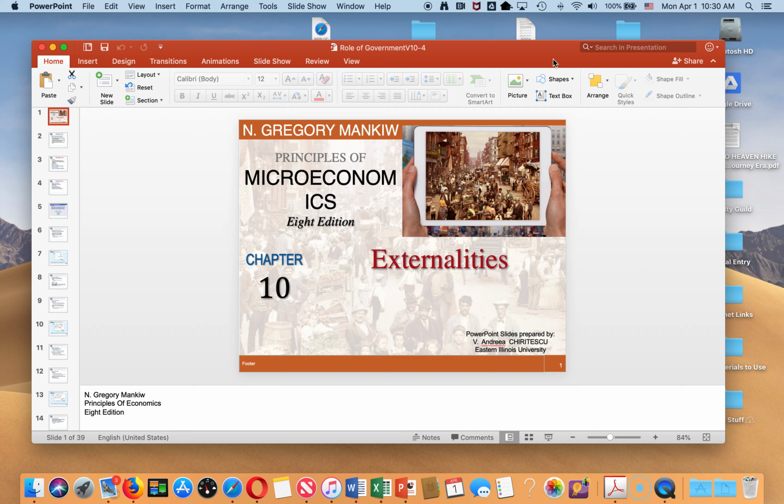This is Chapter 10, Externalities. I'm generally offering this chapter after the market chapter, Chapter 4. The reason I'm doing that is that externalities provide a bit of pause to the looking at markets and market equilibrium and the glories of the market. Externalities gives us a little bit of pause.